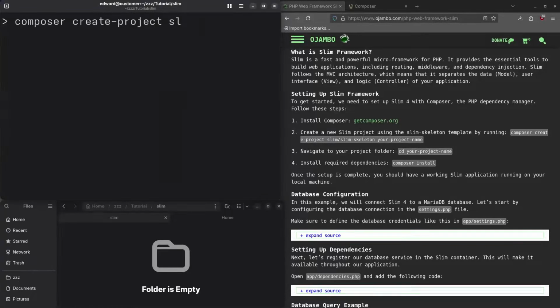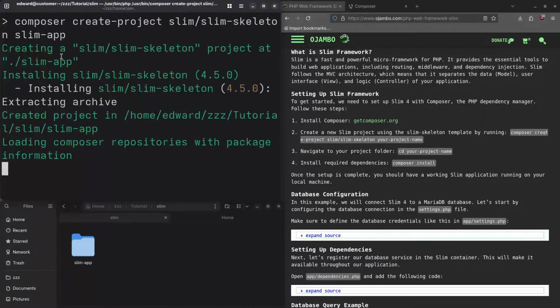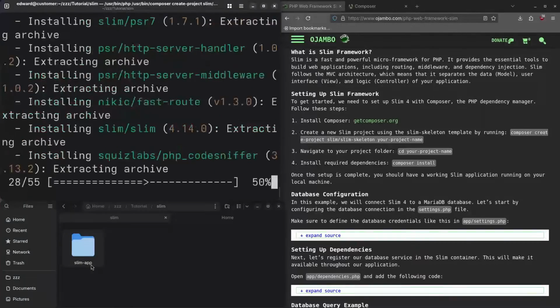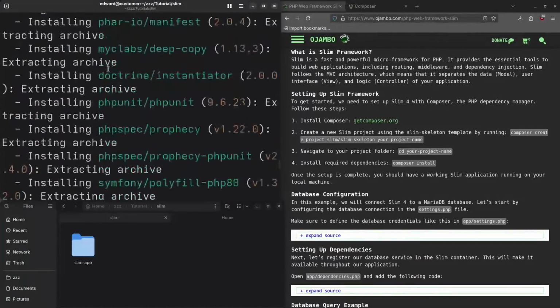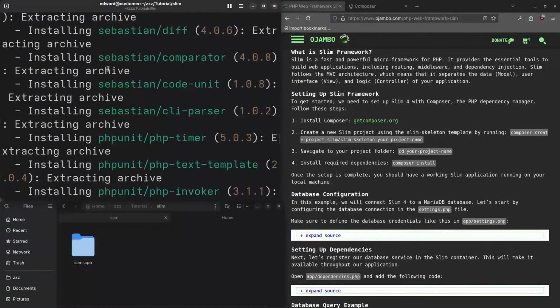We want to use a Slim skeleton because we just want a Slim skeleton app, and then the name of our project. I'm going to call it simply slim-app. There we go. Press enter, and as you can see here, it created this folder called slim-app, and it installs all